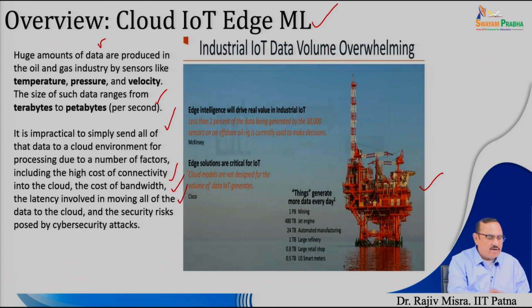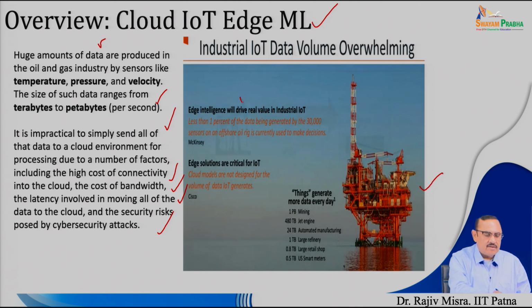And the foremost important thing is that sending all the data for doing intelligence computation requires a lot of time, which is called latency. So, that means important latency-sensitive applications will not benefit from sending the data to the cloud for intelligence computation. And also, sending all the data to the cloud poses security risks such as cyber security attacks. So, industries are also not very comfortable in sending all the data to the cloud.